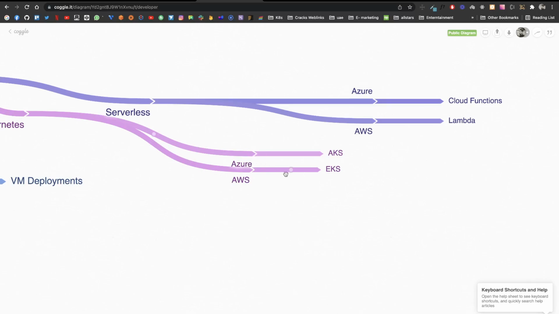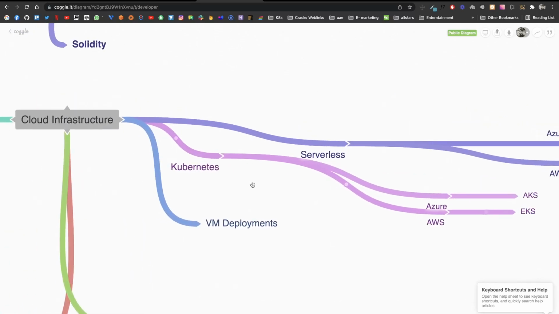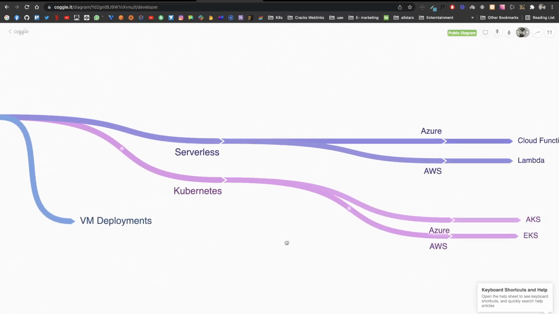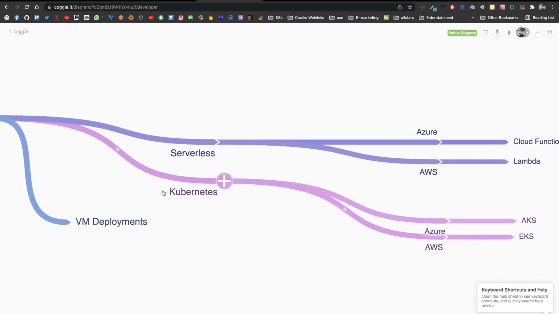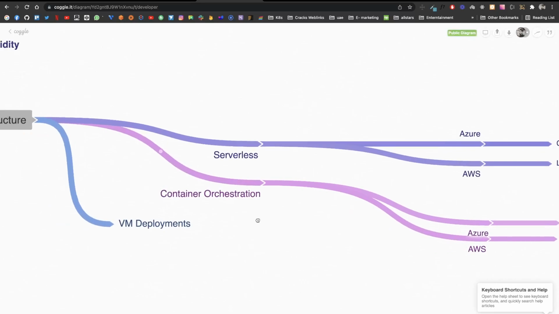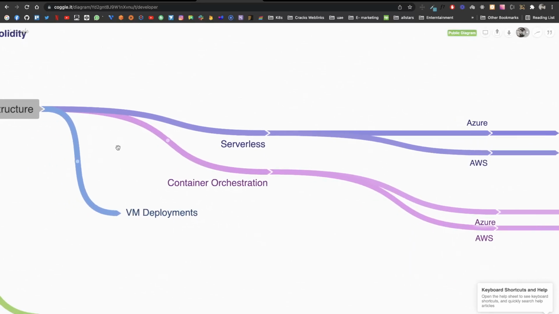Instead of confusing yourself with different types of architectures and how to deploy them, you should know how VMs work and all the basics. But I would say Kubernetes and serverless are the two approaches that you need to learn. Kubernetes with Docker is container orchestration. I know the word seems very complex, but it's very simple. Whenever you want to deploy your app in a scalable environment, so that it can automatically scale, always consider these two solutions: containerized or serverless.